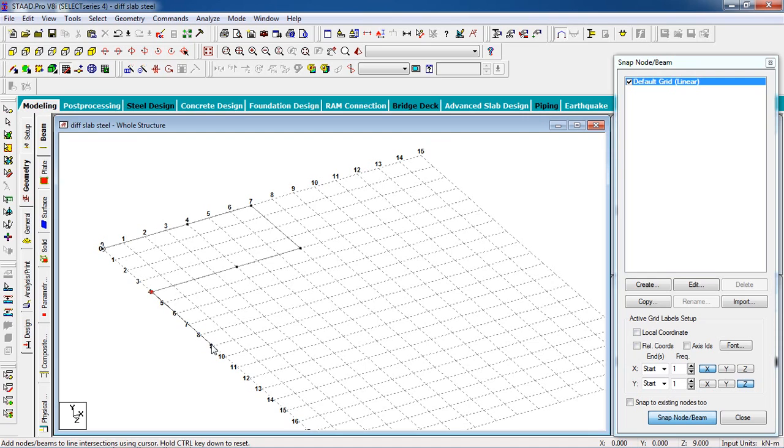Give a space 5, and this is 4. Press Ctrl to create a node anywhere. Now our nodes are created. Switch off the grid.